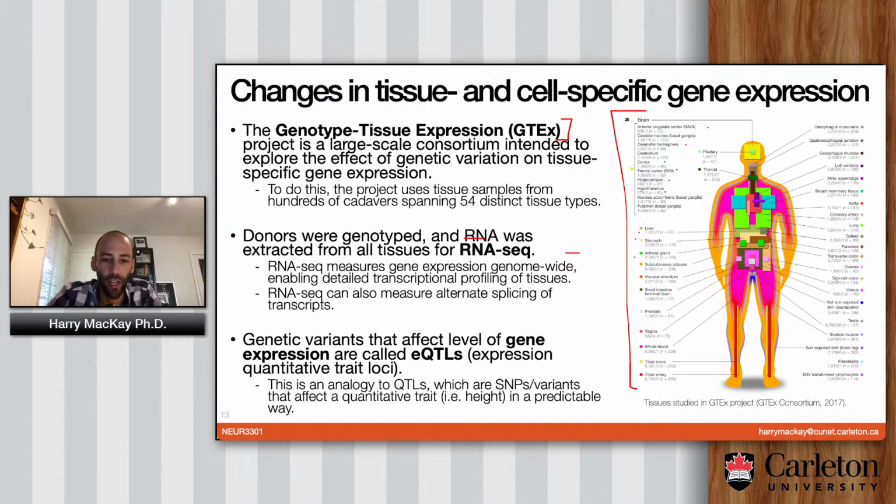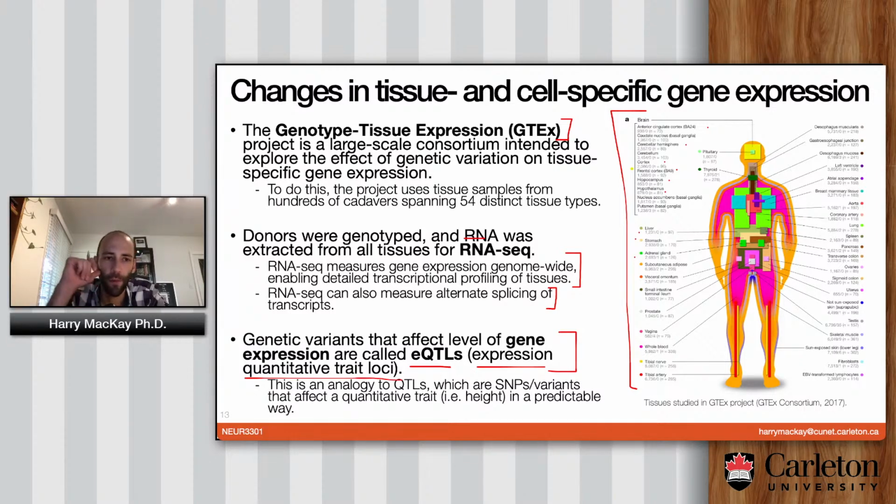And they've got expression data from all these tissues. They can measure gene expression, how much of a gene is expressed, as well as alternate splicing, whether certain exons were excluded or skipped over. That can be quite relevant for the function of the gene as well. And then because they've got the genotype data, they can look to see if there are genetic variants that affect the expression of a particular gene. Not the structure of that protein, but just the amount of the protein that's produced by changing the amount of mRNA that's produced. So variants that affect the level of gene expression are called eQTLs, or expression quantitative trait loci.